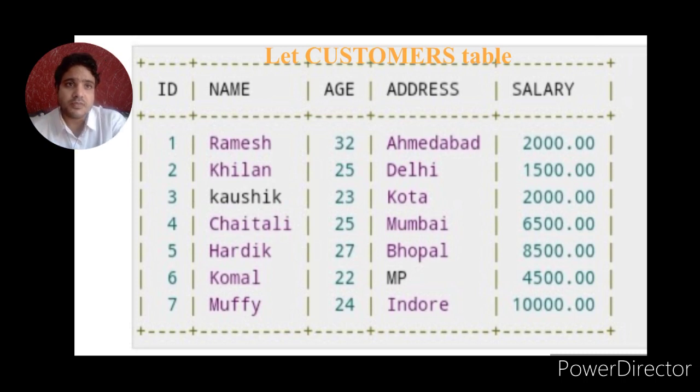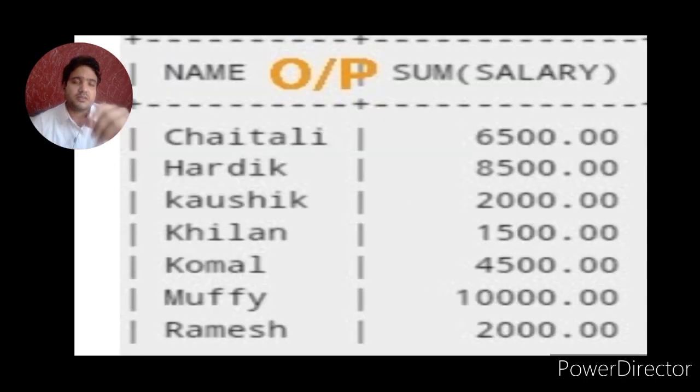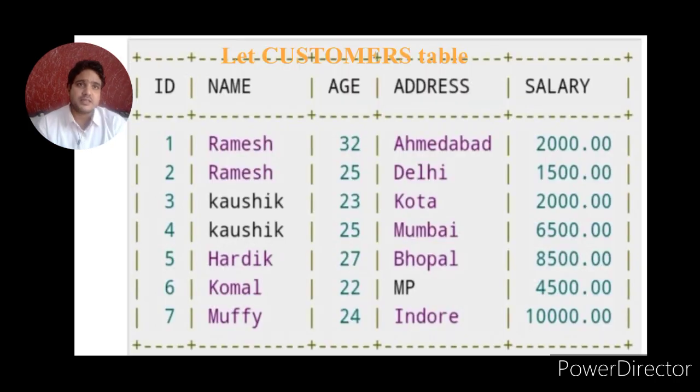So this is performed like that, because I am saying that the name will be in ascending order. I have told you that in some databases the order by clause is used by default after the group by clause. So it performs ascending order on name, and the sum of the salary is like the previous one. But now in this customer table, the name contains 7 tuples.